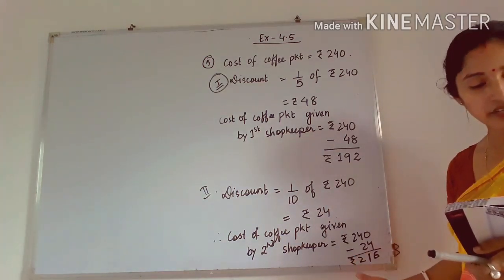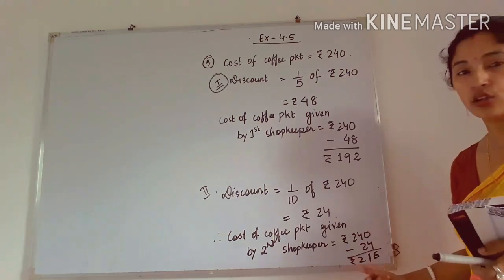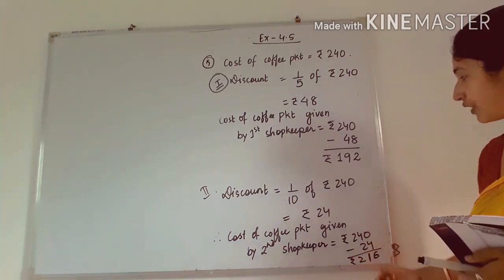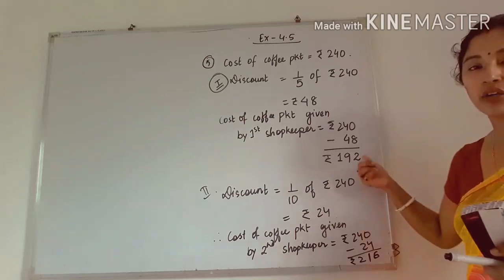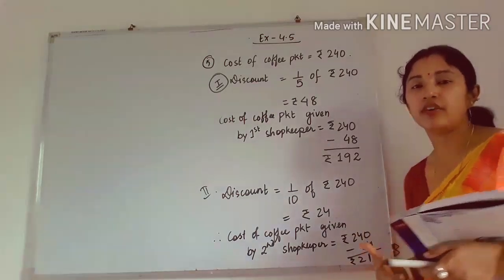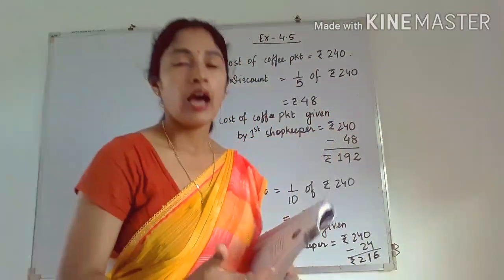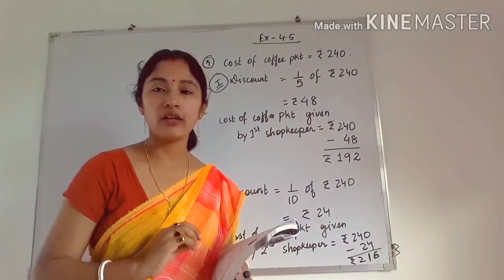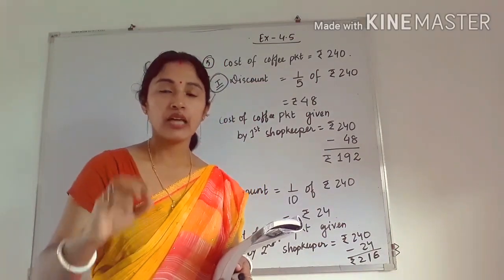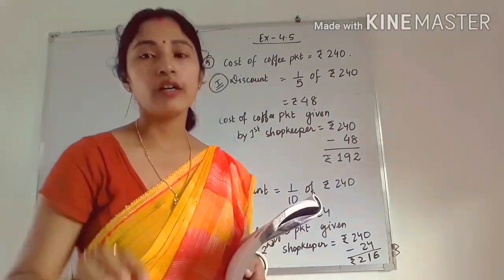What is the difference in the price at which they are sold? You have to find the difference, and to find it, just subtract 192 from the other number. Do it like this. I have done it very roughly. Please try to write all the sentences. I am just guiding you, but all the work you have to do.